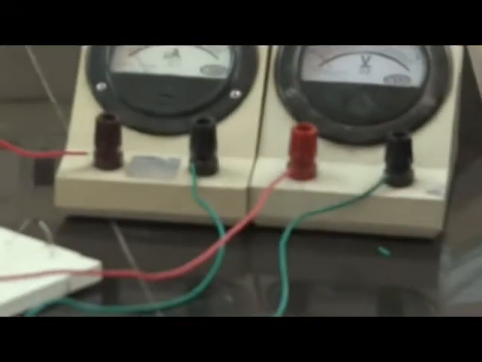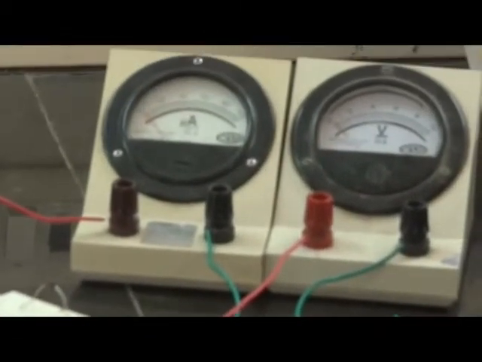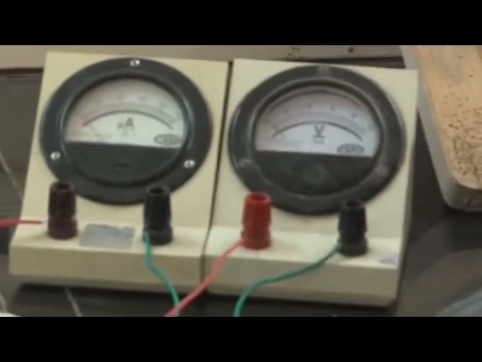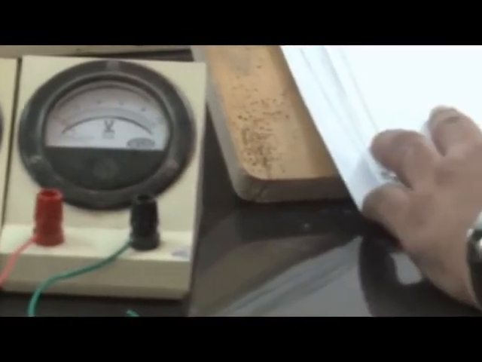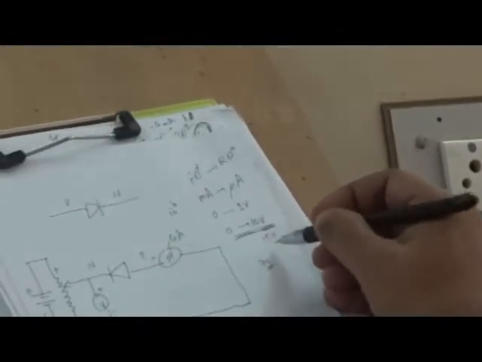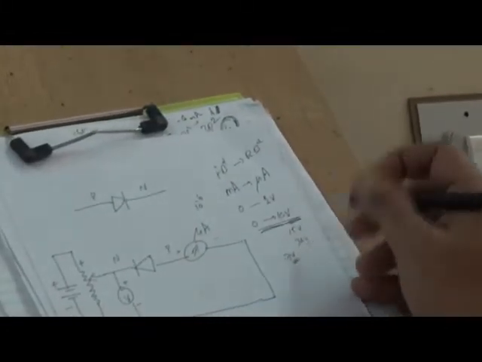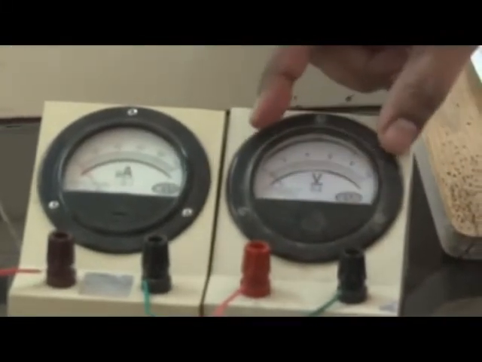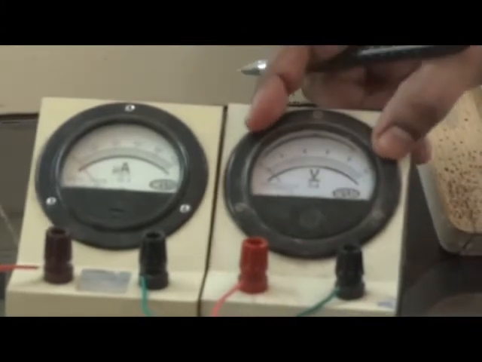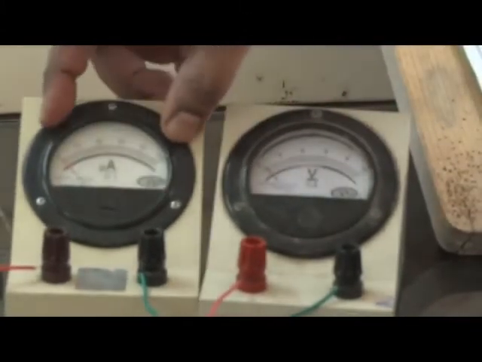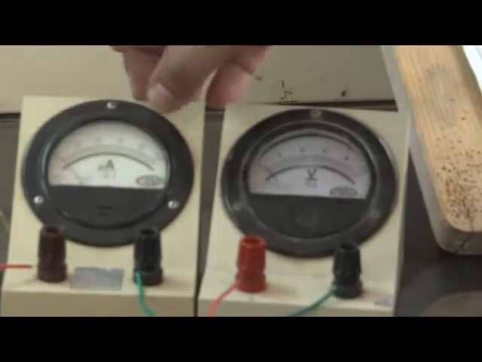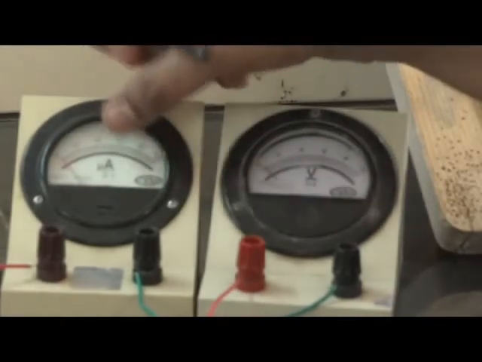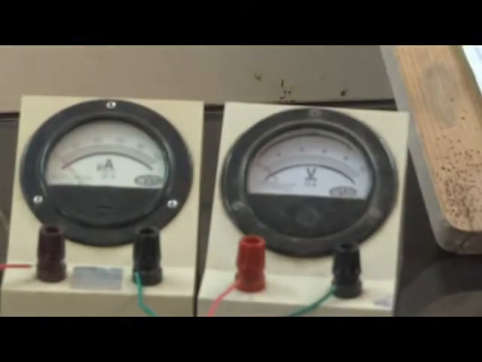There we give only 1 volt because by 0.7 volt the diode is conducting fully. So that's why we used only up to 1 volt. So here we may require 10 volt or 15 volt or sometimes 30 volt also. So accordingly we have to choose the voltmeter range. Here I have taken a 10 volt range voltmeter, and the ammeter is a microammeter starting from 0 and ending with 100. Micro means 10 to the power minus 6.